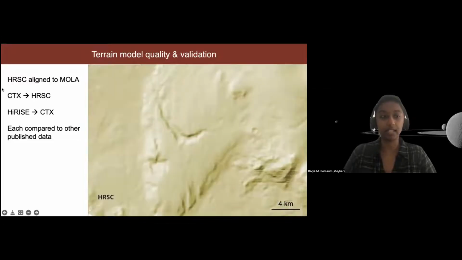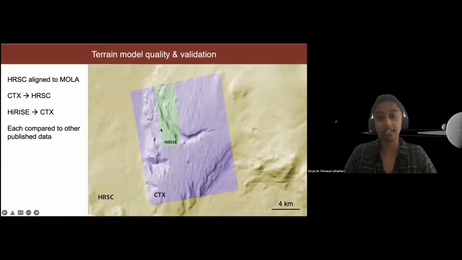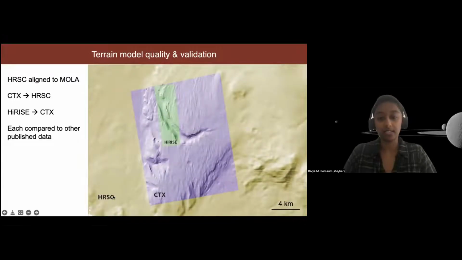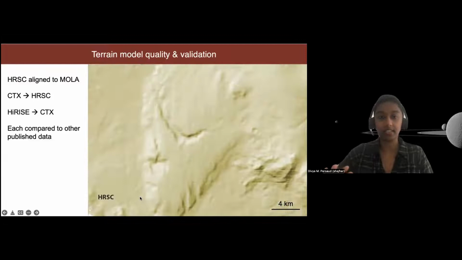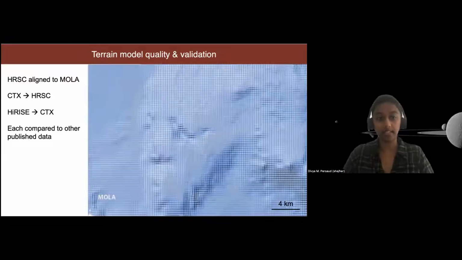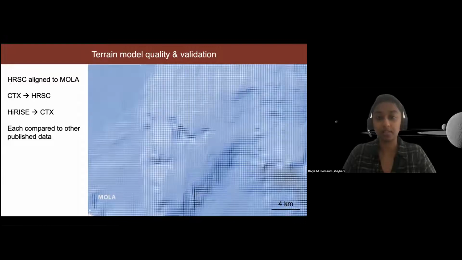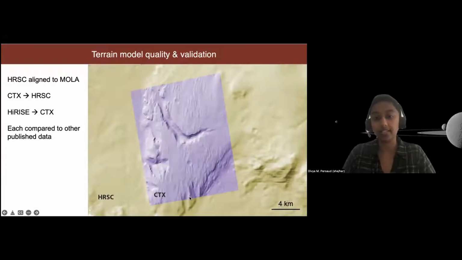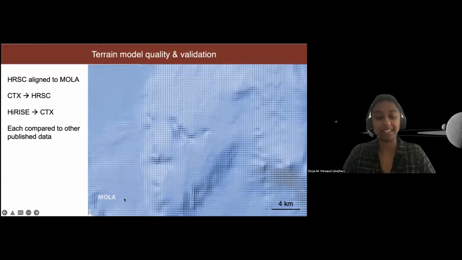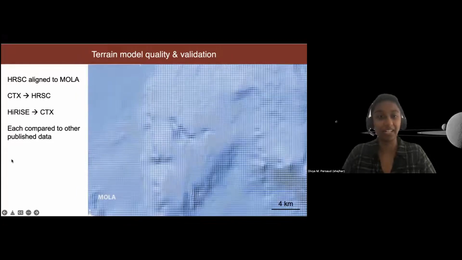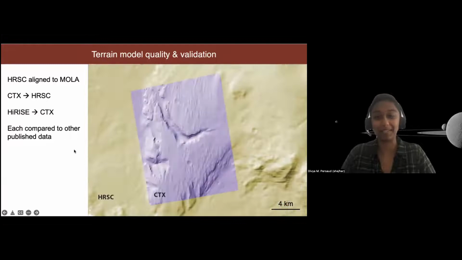So I wanted to align CTX to HRSC, which is shown here, and then HiRISE to CTX. So we start with MOLA, HRSC is on top, then CTX, then HiRISE. And then I compared each of them to other published data to do quality analysis. If you see a little shift between HRSC and CTX, that's HRSC and MOLA in the background, that's artificial. I don't know why that was happening, but I made this yesterday.